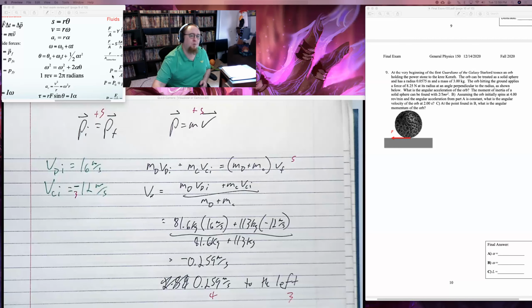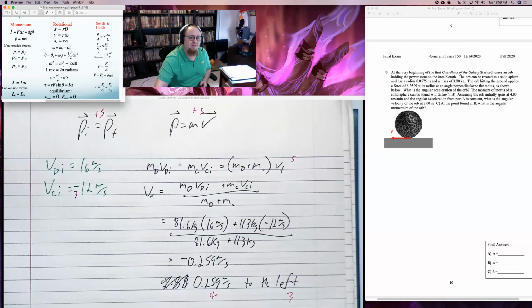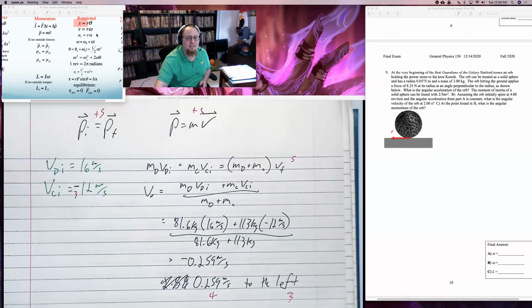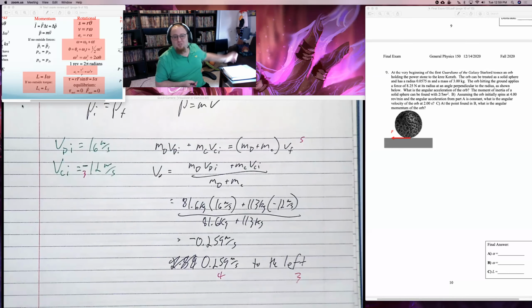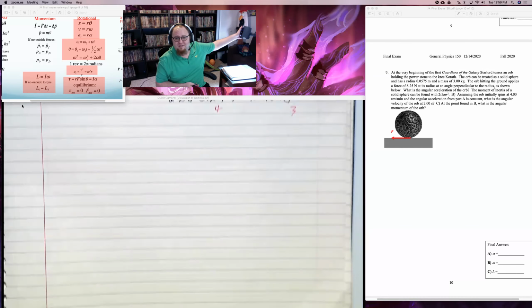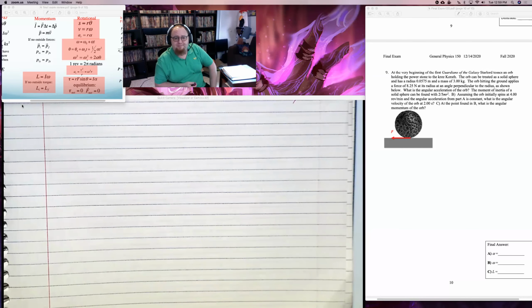But the last problem will be rotational. And rotational can go a lot of places. Rotational has the link between linear and rotational. It has the kinematics. It has centripetal acceleration. It has torque. It has angular momentum. And just like how the last two problems on the last exam kind of had a mixture of things, I'm going to be doing that in just one problem. I'm not going to cover all of these topics, but I could do anything within them.